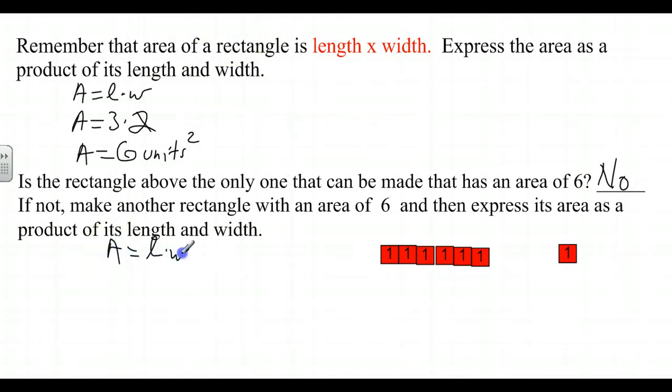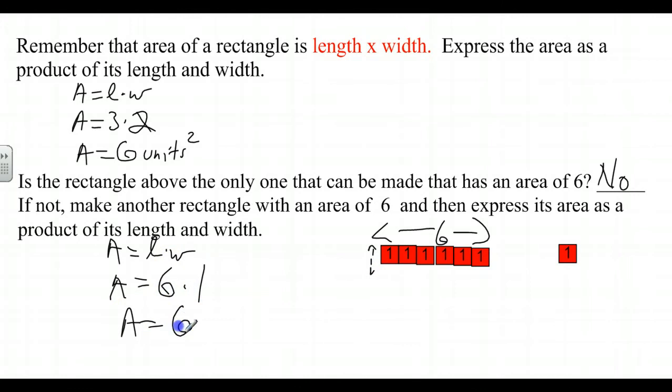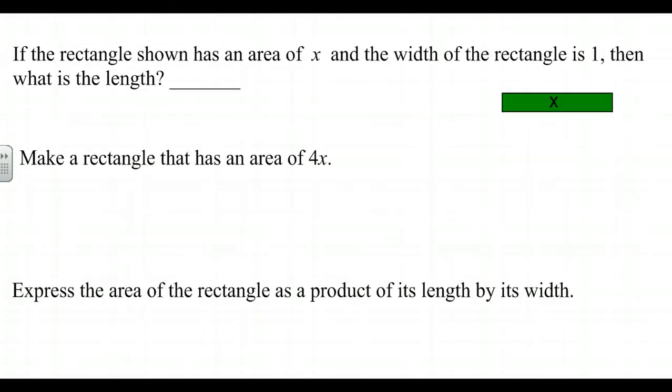Area is length times width. My length here is 6, and my width here is 1. So that's 6 times 1, which is 6. And again, units squared. I obviously can't write well, so I might just leave off units squared from this point. We'll just realize that we are talking about an area which would be measured in square